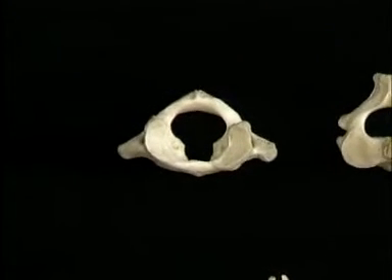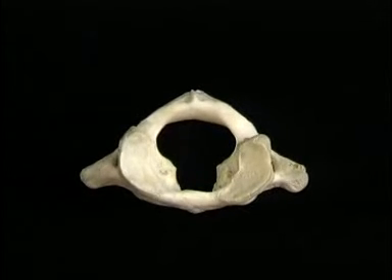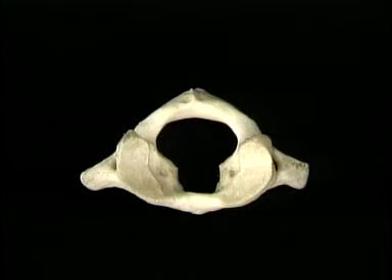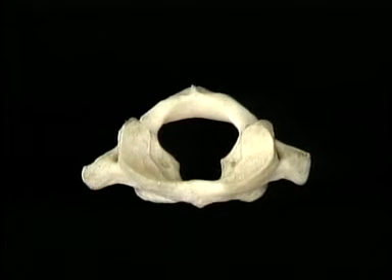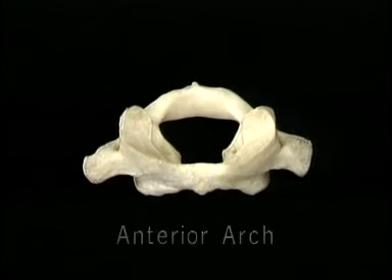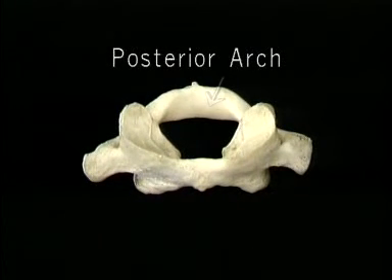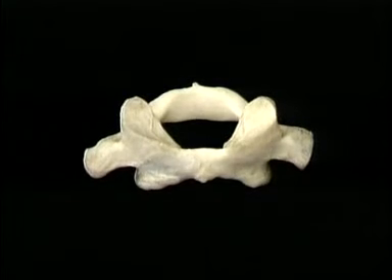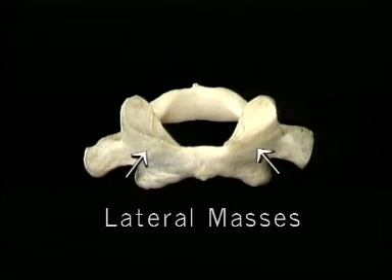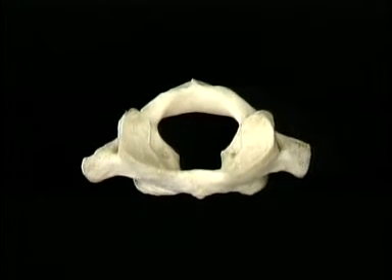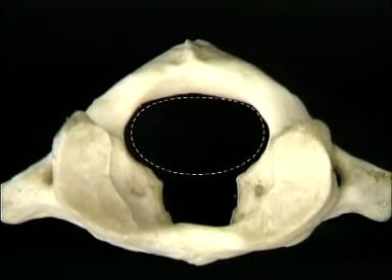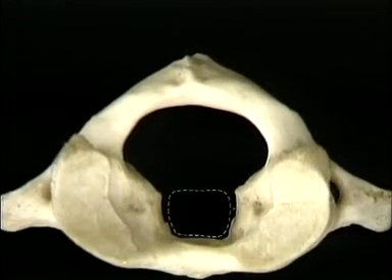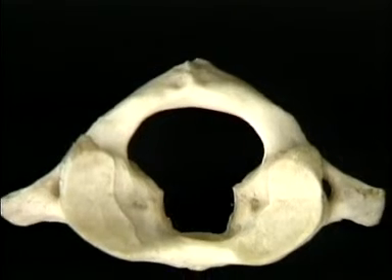Now let's look at ways in which the atlas and the axis are different. The atlas vertebra doesn't have a body. In front, it just has this narrow anterior arch, which matches the posterior arch. The two arches of the atlas, together with these two lateral masses, enclose an unusually large vertebral foramen. This part is occupied by the spinal cord, this part by the odontoid process of the axis, which we'll meet